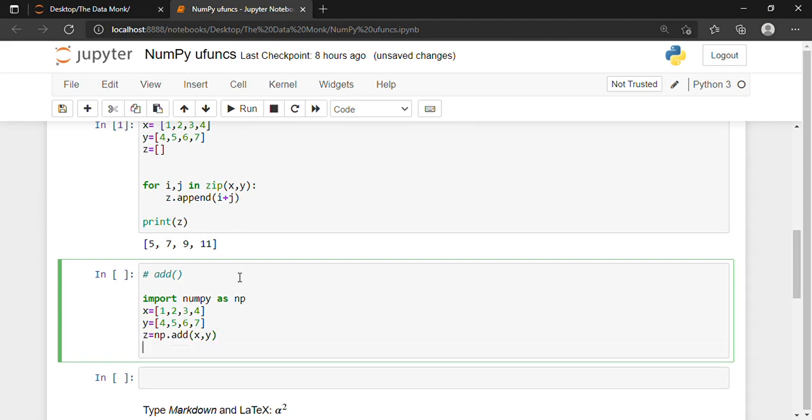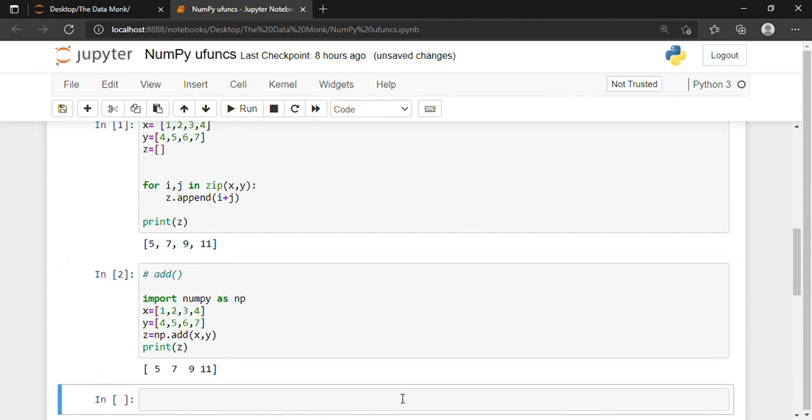You see how easy it is to use universal functions, and they come with numpy, which is why numpy is a very powerful tool. Now print z, shift and enter. So how easily we have printed all these.